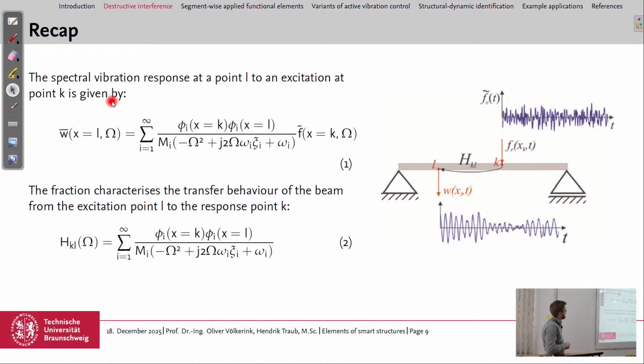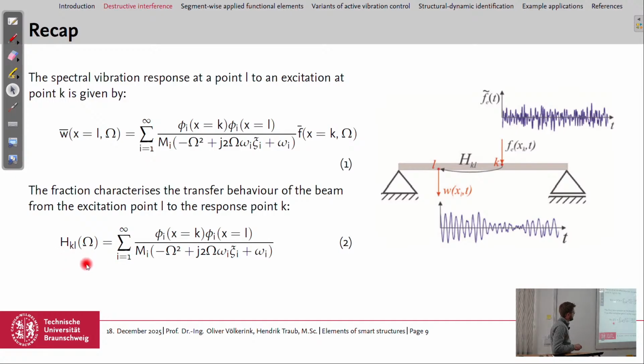And with this we can get the deflection at point L with respect to the frequency again. And the sum of fractions here we called transfer function or transfer behavior of the beam, so transfer between point